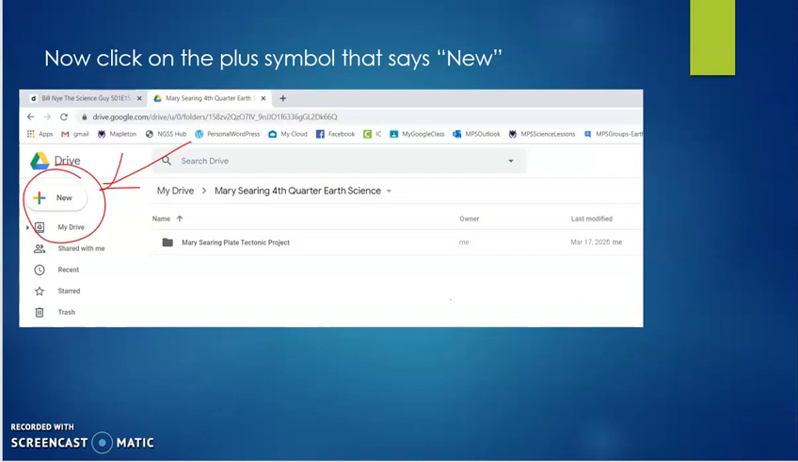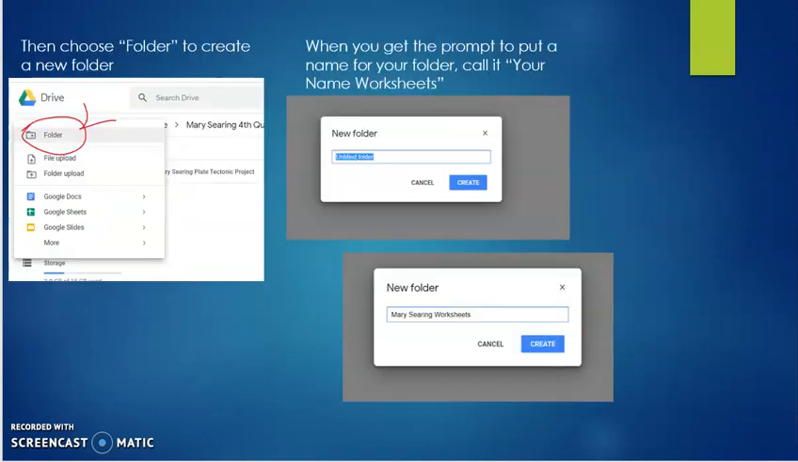All right, so we're in the right folder, hopefully. Then you need to click on the big plus that is off to the left where it says New. After you click on that plus, you should get a little drop-down menu, and you're clicking New Folder, okay? After you click New Folder, you're going to get this little pop-up in the middle of your screen